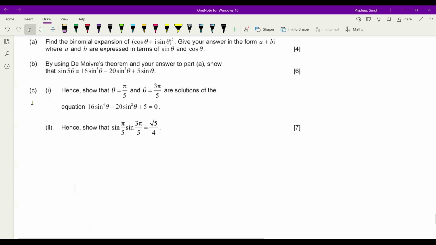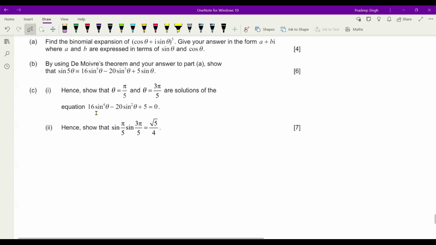Now, let's try to solve part C of the question, where we are supposed to prove that theta equal to pi by 5 and 3 pi by 5 are the solutions of a given equation. So, how do we do that? If we observe the answer to part B on the right-hand side, so observe the right-hand side